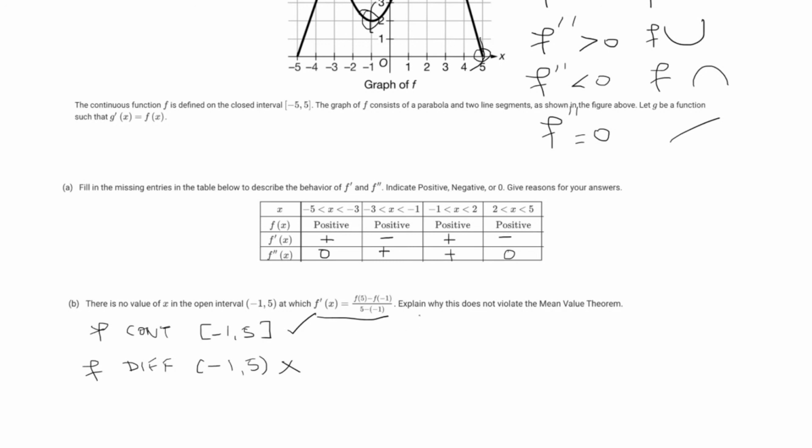So what I would say here is since not all the conditions are met, for mean value theorem,